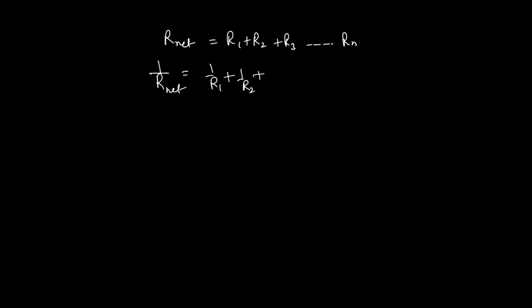Okay beta, so now we have that R net in series is equal to R1 plus R2 plus R3 up to Rn, and for parallel, 1 upon R net in parallel is equal to 1 upon R1 plus 1 upon R2 plus 1 upon R3 plus up to 1 upon Rn. Okay, and I have already told you that suppose